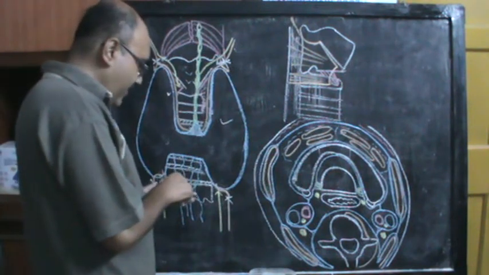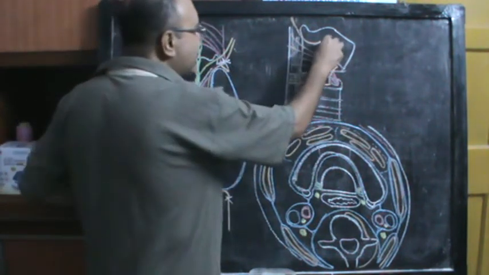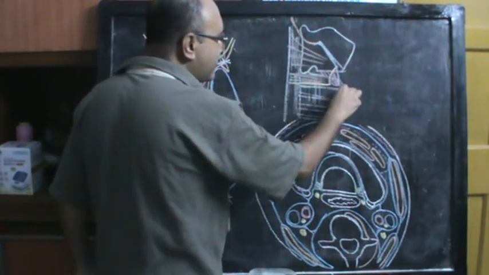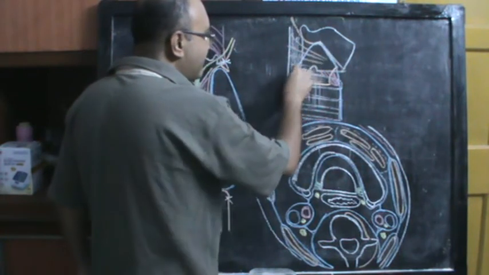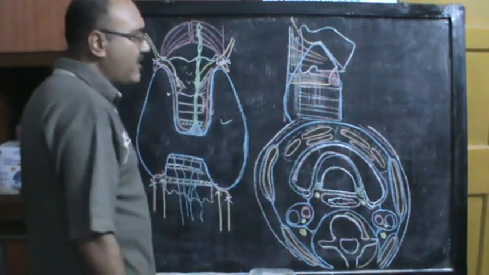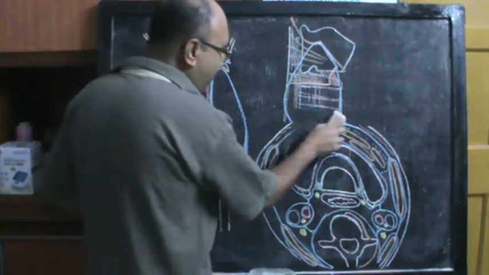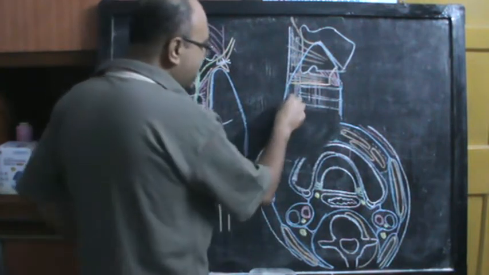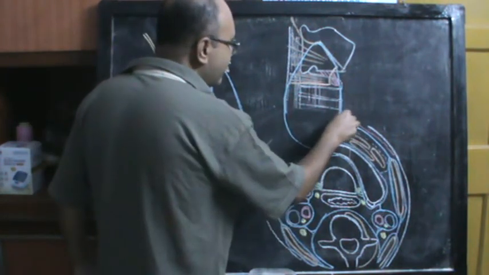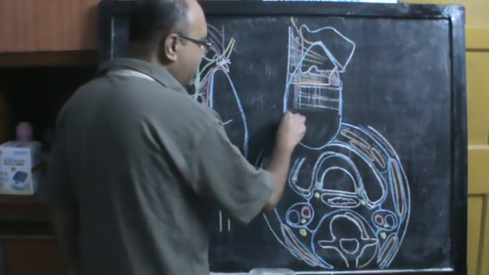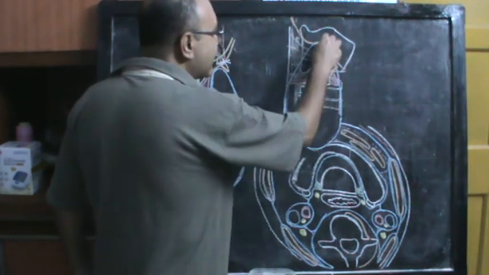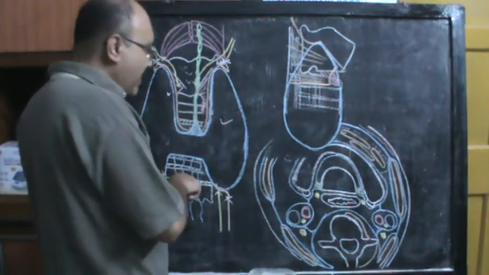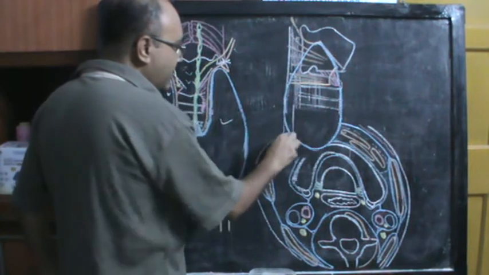And again we have to place the thyroid gland on this. So the thyroid gland will extend, the upper pole will come from this point, and this is how the thyroid gland will go down. If we have to wipe some more of this, then you can get the thyroid gland say up to this point, up to the 5th or 6th tracheal rings. You can get the thyroid gland like this, and again you have the trachea and esophagus.